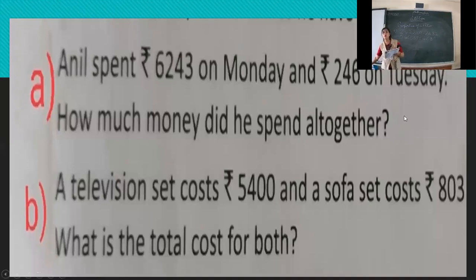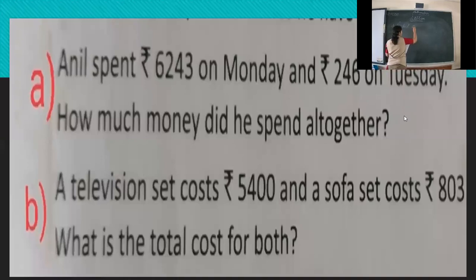Children, wherever the word altogether comes, you have already done in your class 1 and 2, altogether, all, it means you have to do addition. Now, I'm doing one sum, second sum you will do on your own. This much you can do. So, Anil spent on Monday, answer 1 I'm doing. Or you can also write money spent on Monday. You can make statements of your choice.